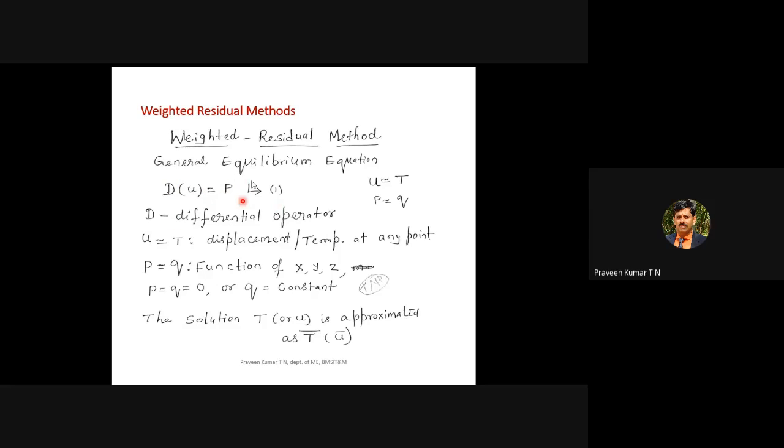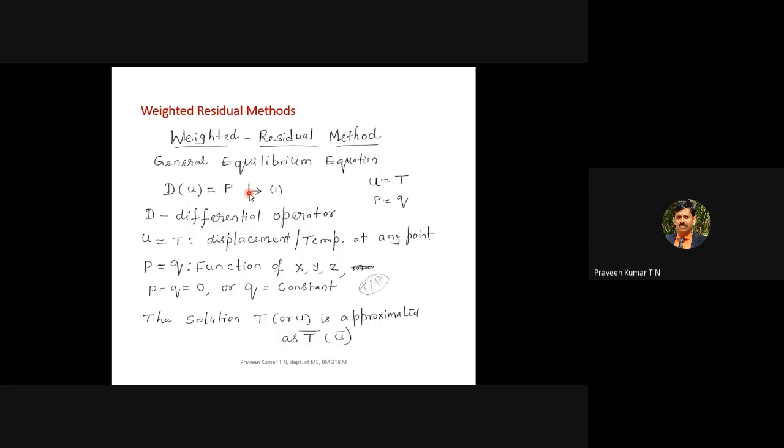On the right hand side, it may be 0 or it may be f of t. In the vibration equation, f of t is a force vector, the force term. The force changes with respect to time. In the case of dynamic analysis, on the right hand side, we have a force term. On the left hand side, there is a differential equation.